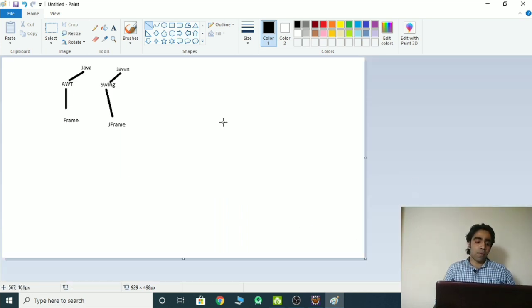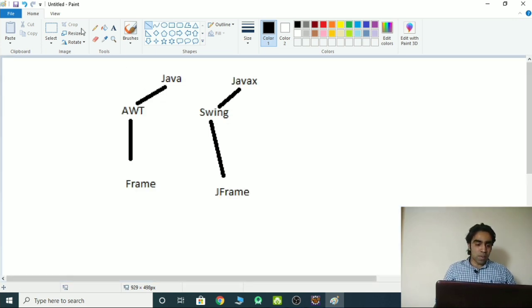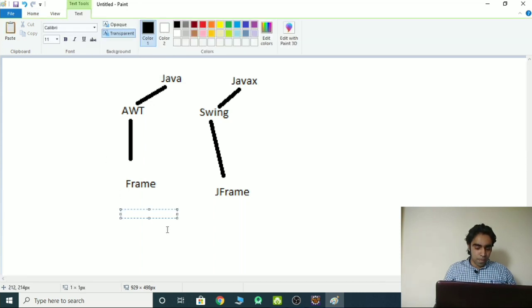So moving forward, Frame class is having some different functions in it which are like setSize, which is taking two variables in the form of int and int. setSize(int, int).